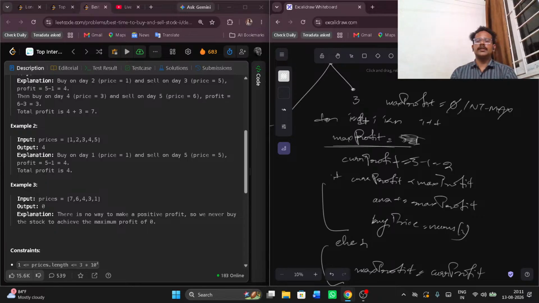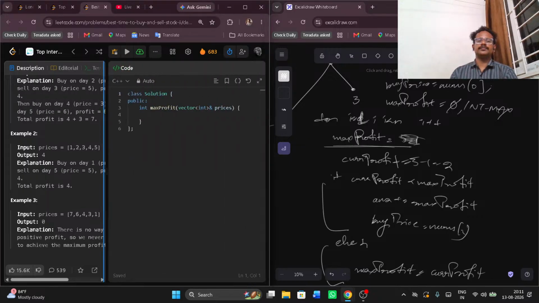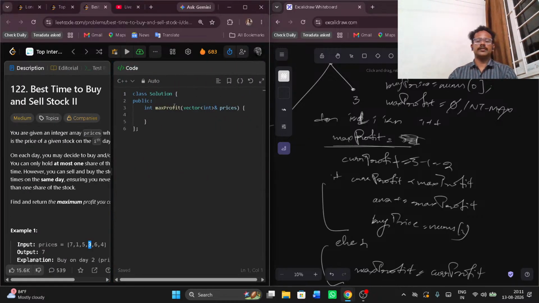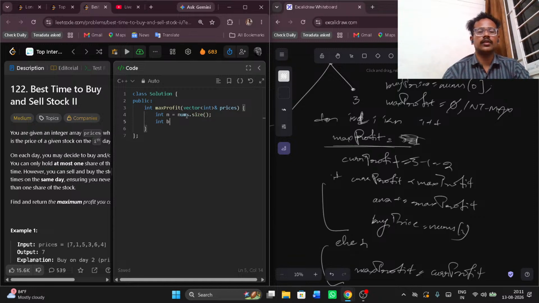Let us start this with i equal to 1 and buy price will be nums of 0. I'll solve it like this. Int n is equal to nums dot size. Int price, buy price is equal to nums of 0 and max profit is equal to INT_MIN. Actually, for int i is equal to 1, i is less than n, i plus plus,